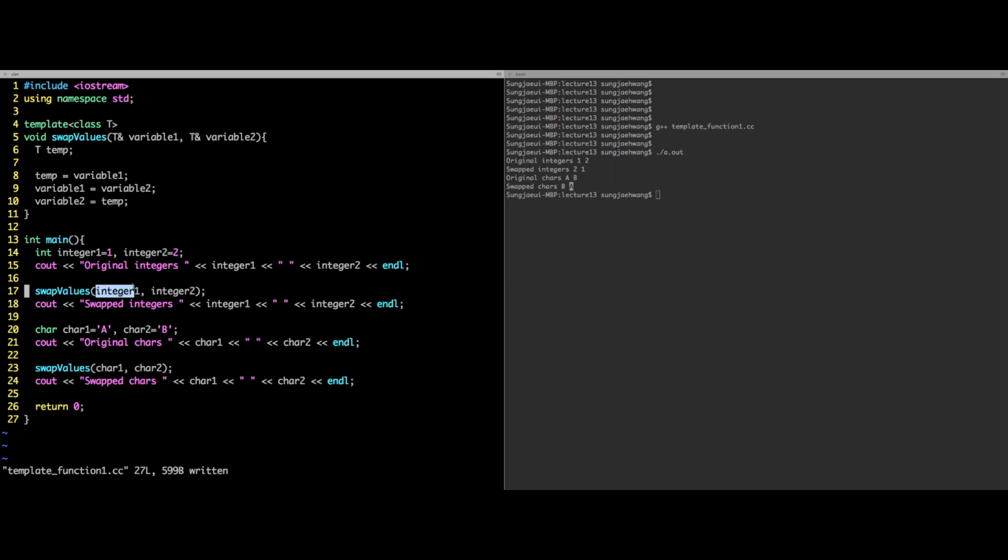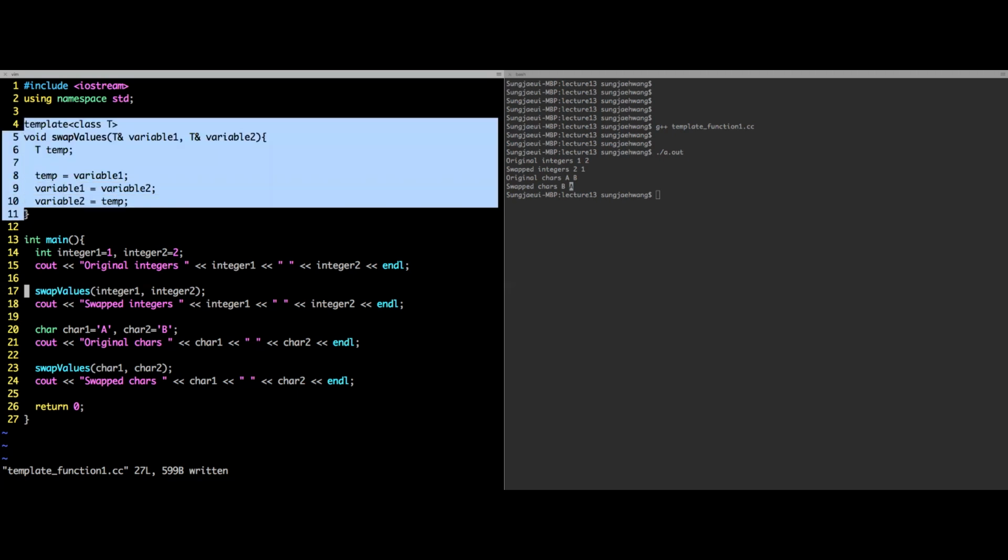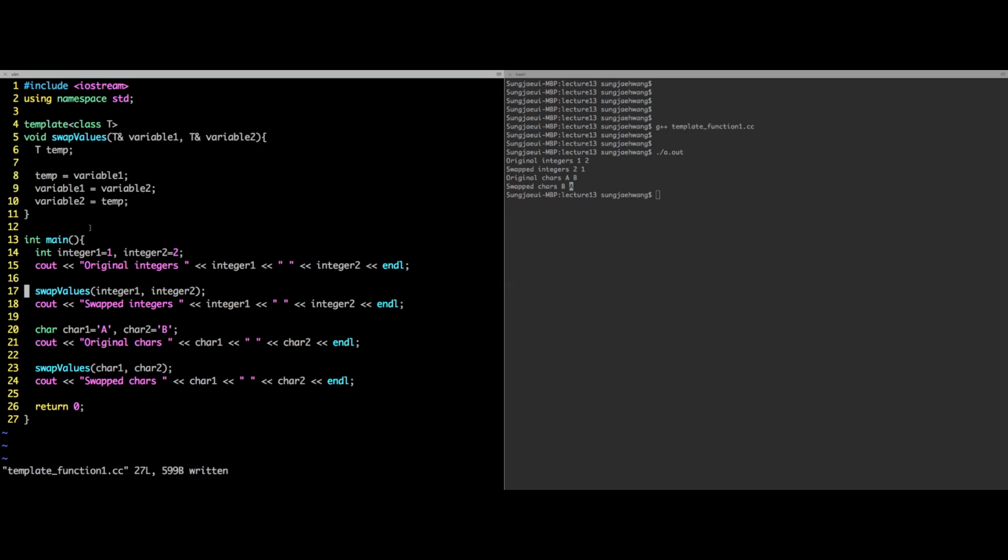Because we call this function with two integers, and we call this function with two characters, if we write this function template code, the compiler will automatically generate swap values functions that work correctly with two types